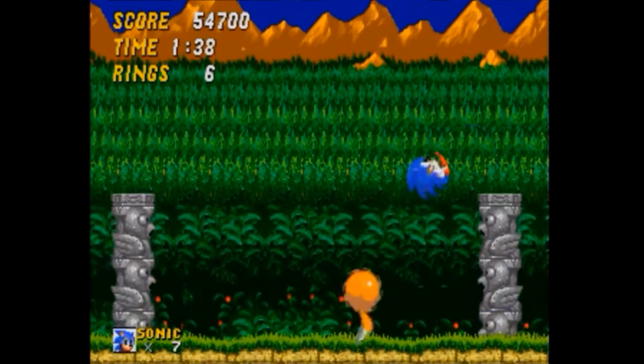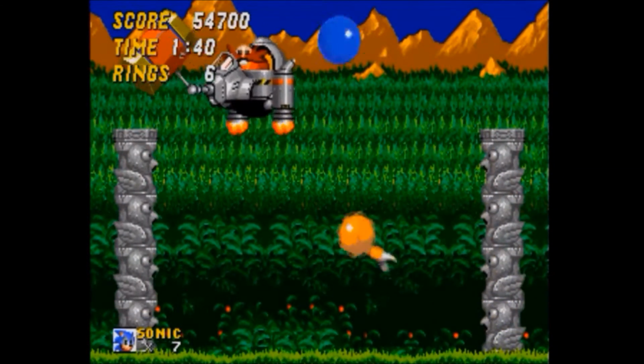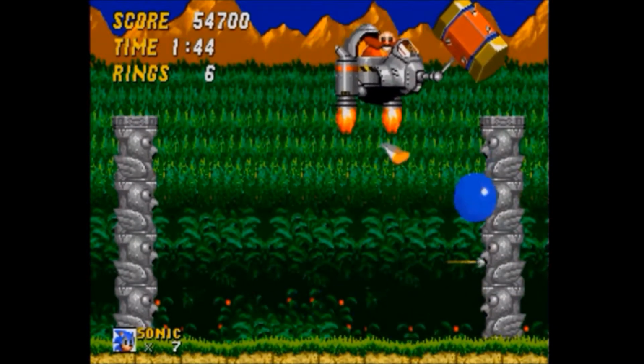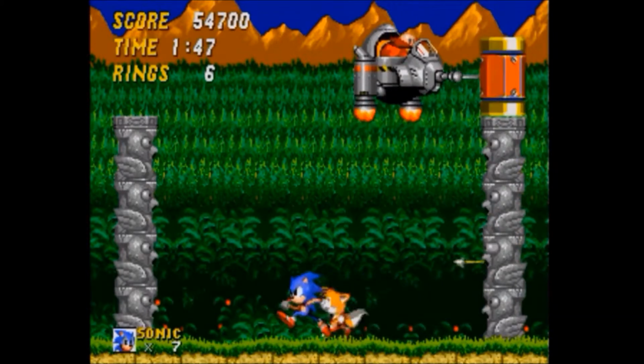Number 5. The Tonkachi Eggman from Sonic 2's Aquatic Ruin. Also known as the Hammer Eggman, this fight is one of the most memorable for Sonic fans. It would fall right in the middle of the difficulty scale, because timing your jumps is a skill any Sonic